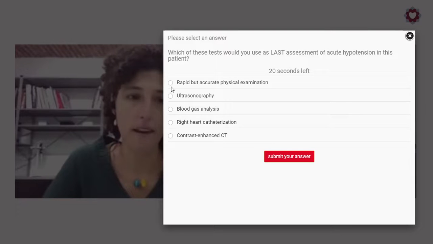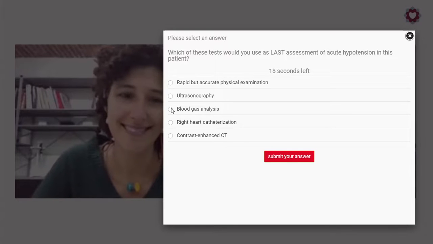Great. This is a great case so far, Francesca. It looks like the patient stabilizes and then gets hypotensive, and stabilizes and gets hypotensive, and that probably leads some people to surmise what might be going on. We have 10 seconds left. Francesca, we're going to have a mix of answers here, I think.